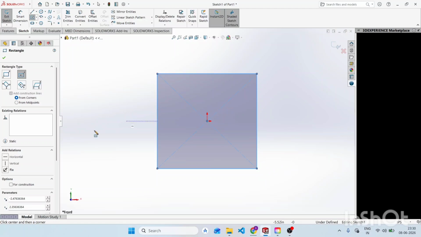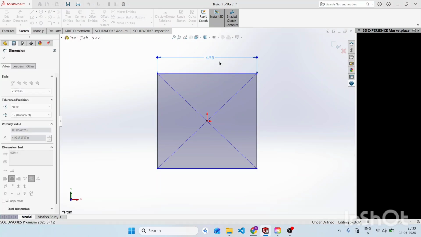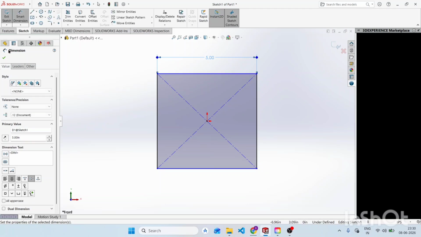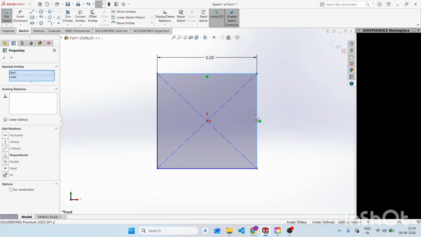Now, grab the Smart Dimension tool. Select the top edge and set the width to 5 units. Next, select the side edge and set the height to 5 units as well, leaving us with a fully defined perfect square. With the sketch complete,